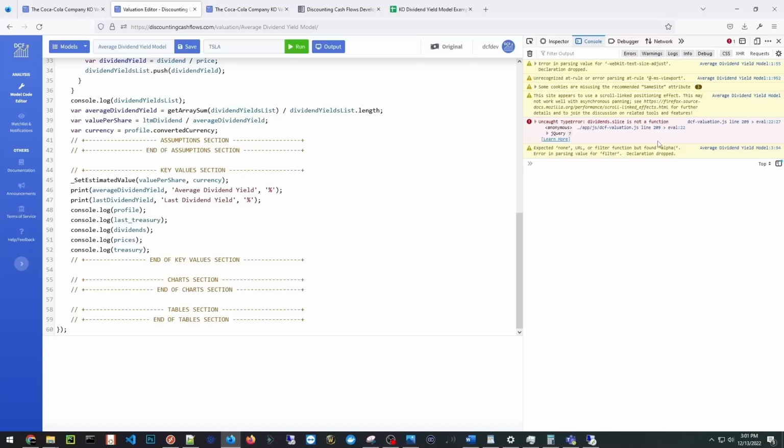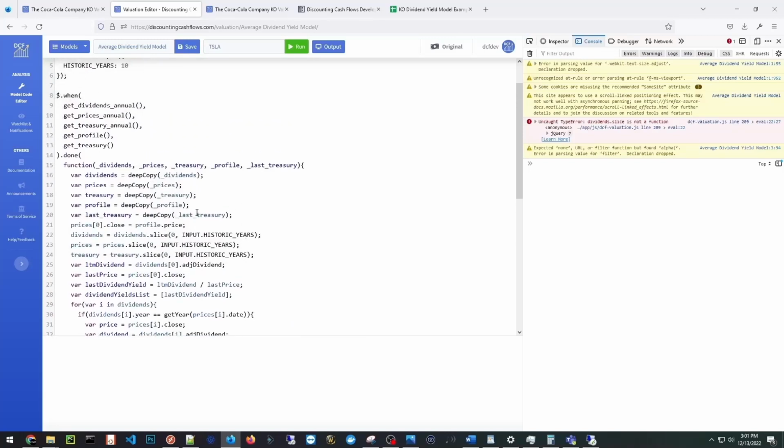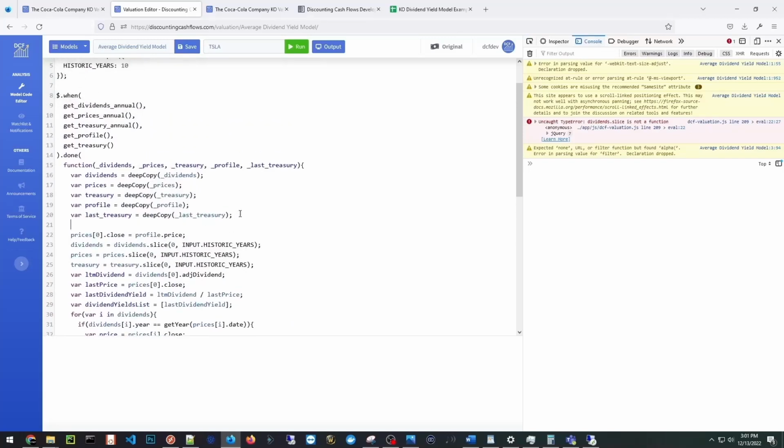This is because Tesla doesn't pay any dividends and the computer doesn't have anything to slice, and it should log an error to the screen instead. We'll verify if the company pays dividends before the slicing begins. Right after we create copies, add an if statement. If not dividends dot length,